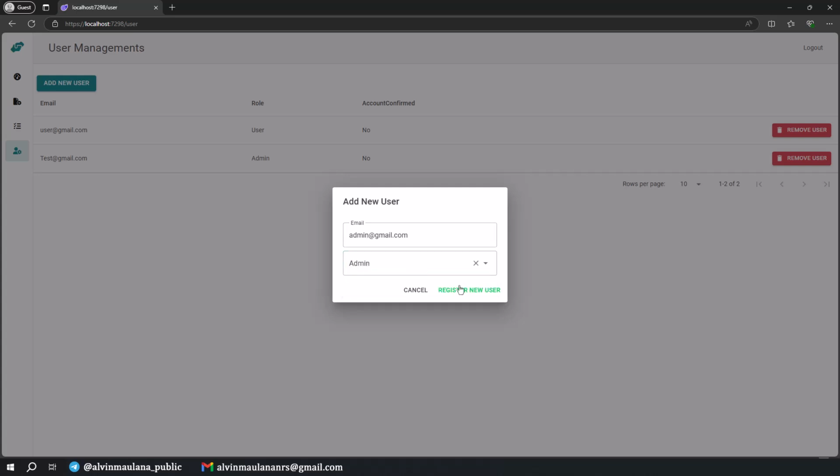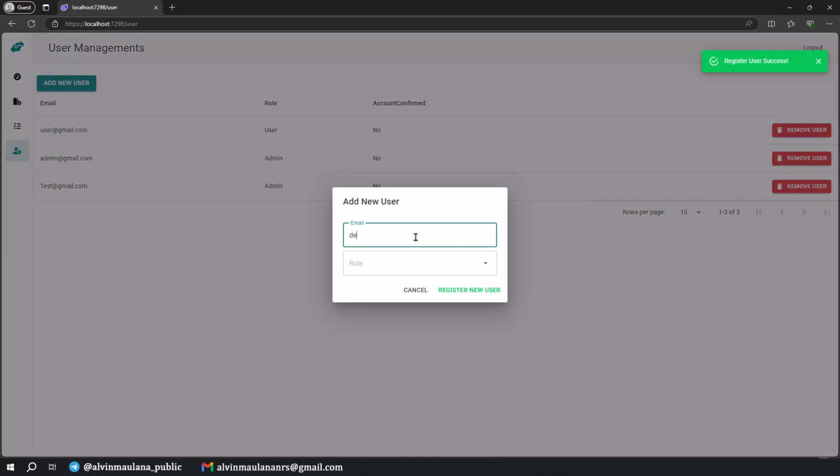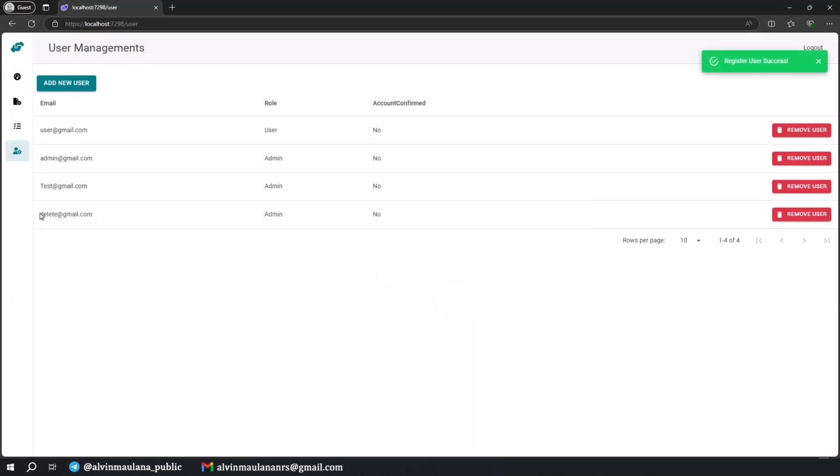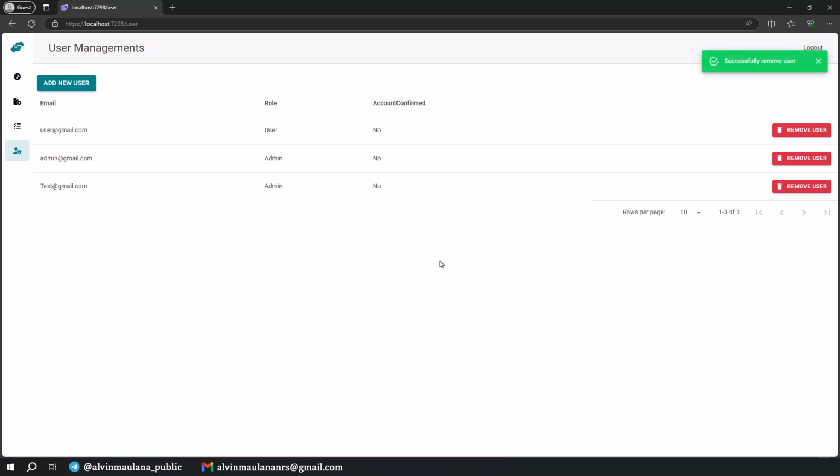The role is admin, and yeah, now we are able to see it. And I want to add delete@gmail.com as admin, and then delete this one, remove user. Okay, now we are able to delete it.